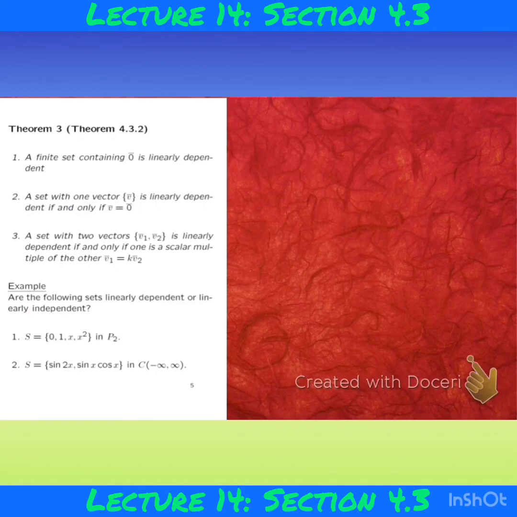All right, next we have number 2. A set with one vector is linearly dependent if and only if the vector itself is the zero vector. Again, you start off with: let S be a set with a single vector. Now if S is linearly dependent,